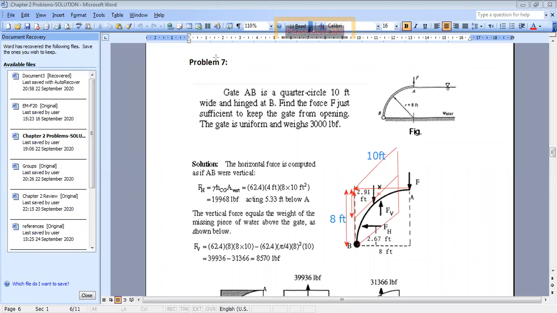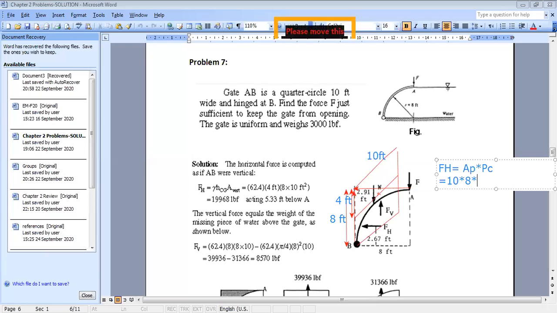So I can say that F horizontal is equal to the area of the projected surface, which is a rectangle, times the pressure at the centroid of the projected area. So I get that it's equal to the width, which is 10, times 8,